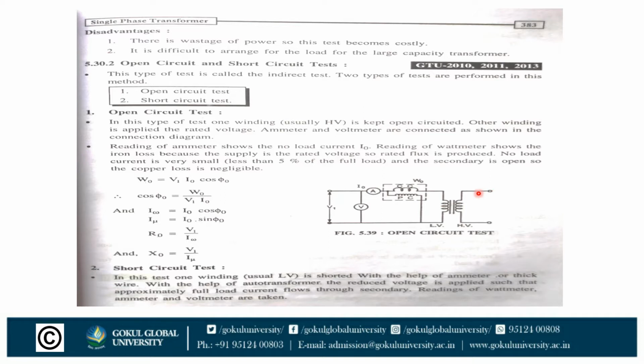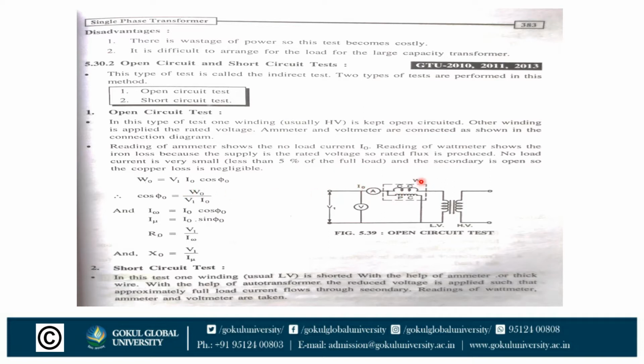Now see, here we do not connect any load, that's why load current is 0, and on the primary side we connect the supply voltage, so the primary winding draws the current I0 from the supply. We can see I0 as the no load current. We have discussed earlier in this chapter the no load current. What is the function of no load current? It supplies the no load losses, meaning iron loss, hysteresis loss and eddy current loss. That's why current I0 is flowing through the primary winding.